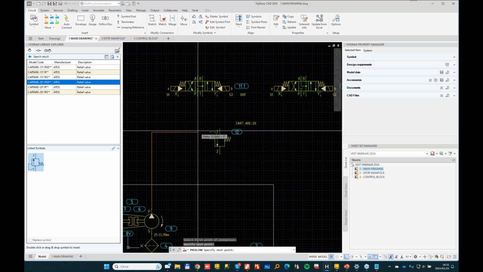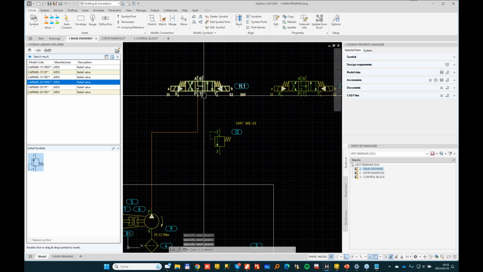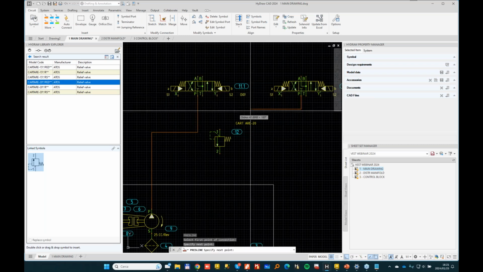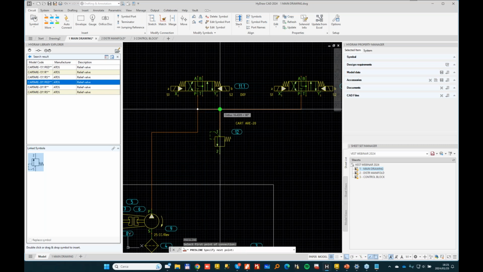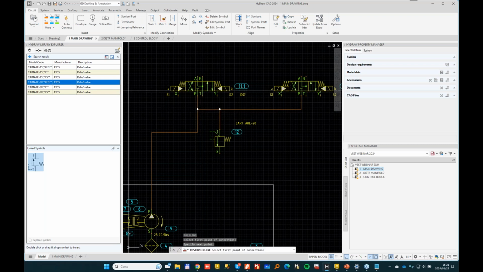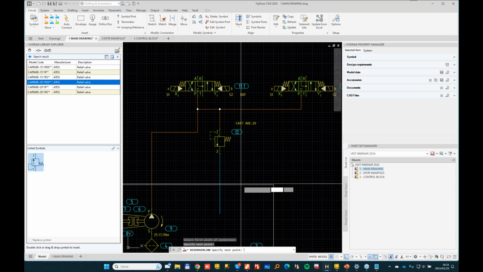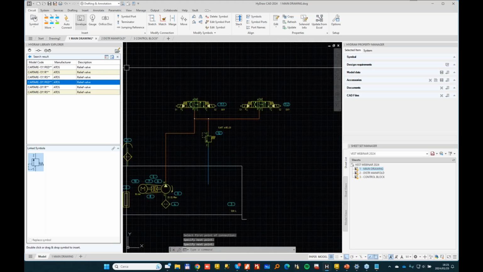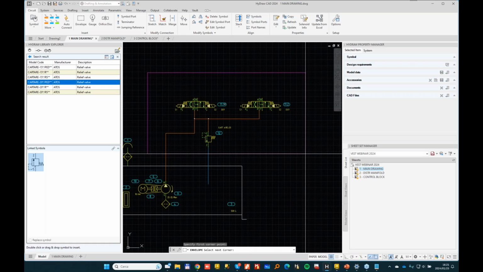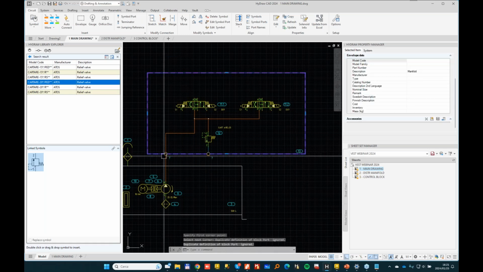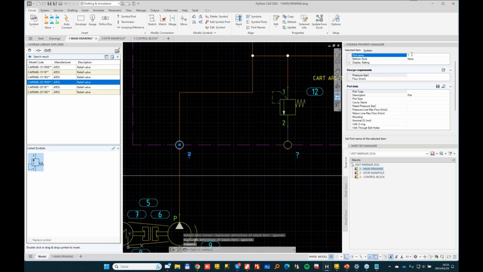We go to the valve, and from the valve we go to the other valve, and here we connect them, and we go to the tank, and we make an envelope of a manifold, and we define a port. That's my P port, and that's